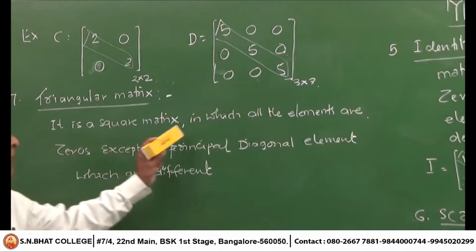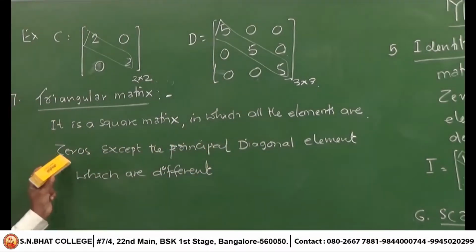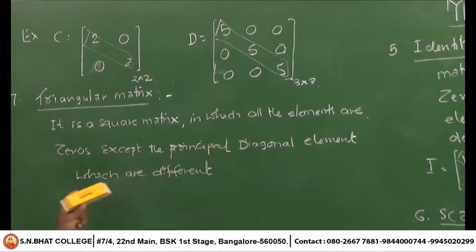Triangular matrix is a square matrix in which all the elements are zeros except the principal diagonal elements which are different. Example: